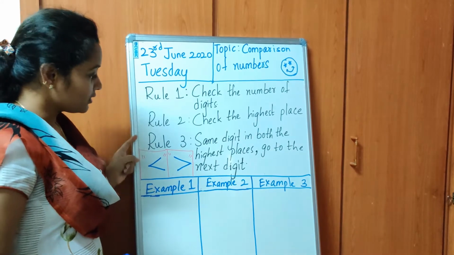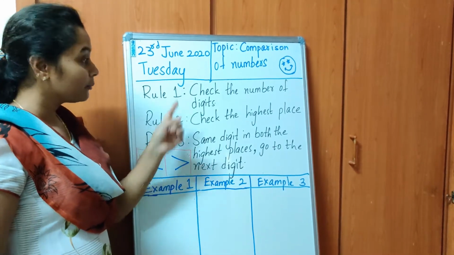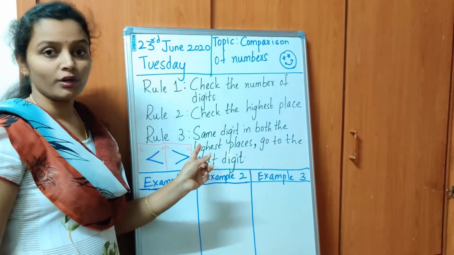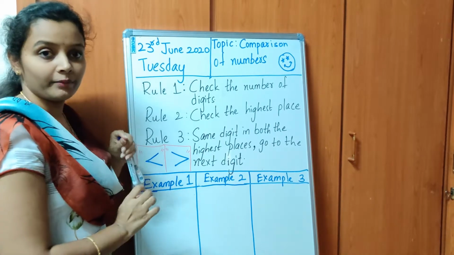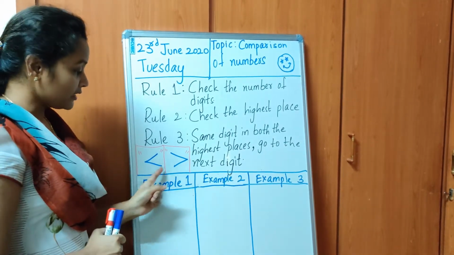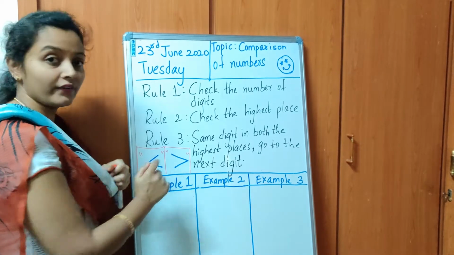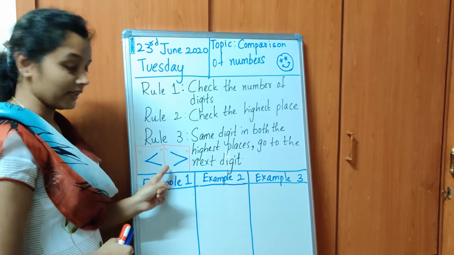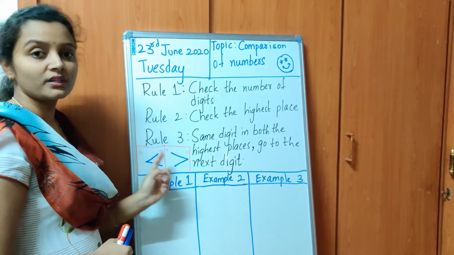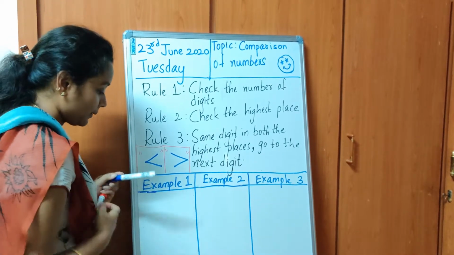So these are the rules. Using these rules, you will compare the numbers. But if I directly read out these rules, you will not understand. So let me explain each rule with an example. And these are the signs which we represent as lesser than and greater than. Repeat after me. Lesser than, greater than. So these signs we use to compare. Okay. Now my first example is